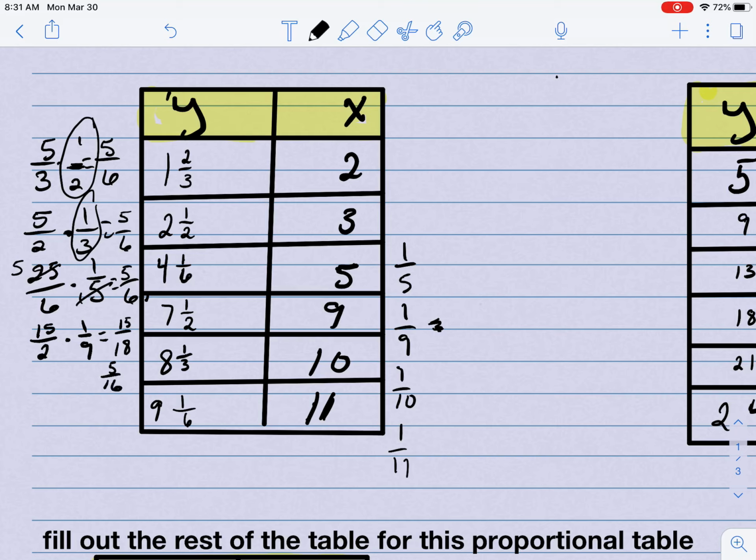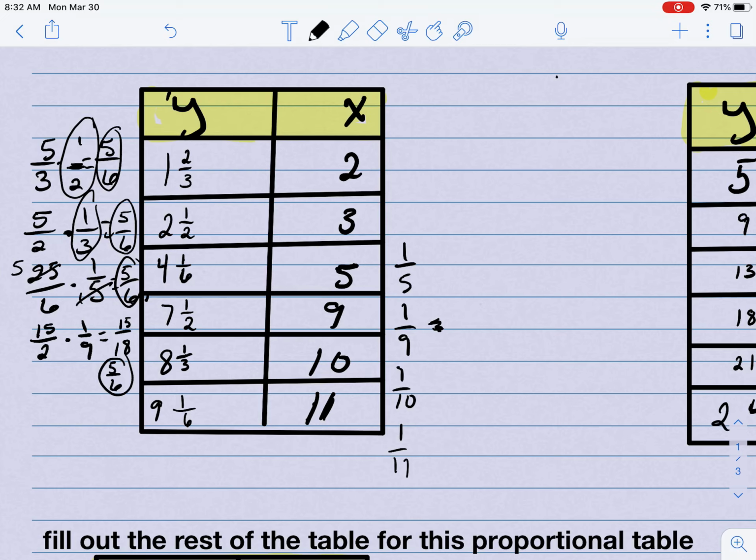Oops, 5/6, not 16ths. Okay, so that one checks out. So far, it's all looking good. Now make sure you do everyone. You take the y divided by x for everyone, because you might have a couple that appear the same, but as you go, you'll find out that maybe one does not equal the same, meaning it would no